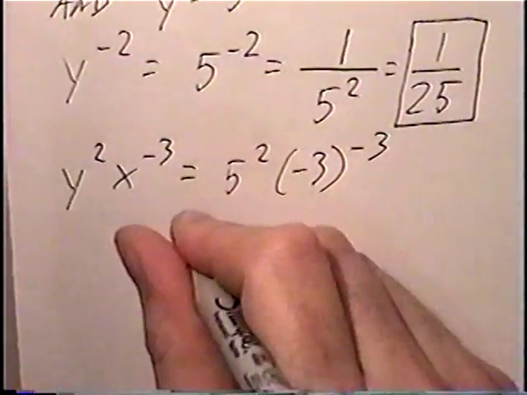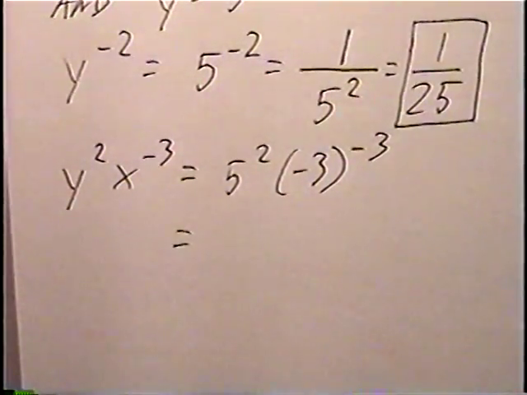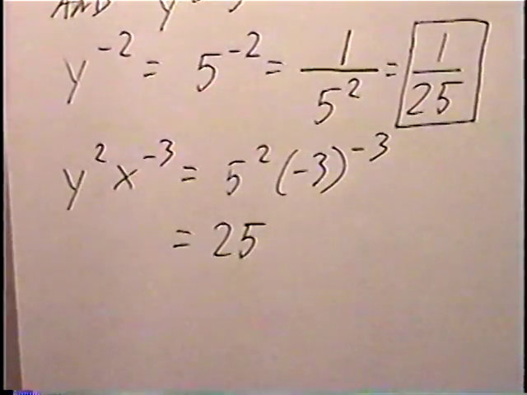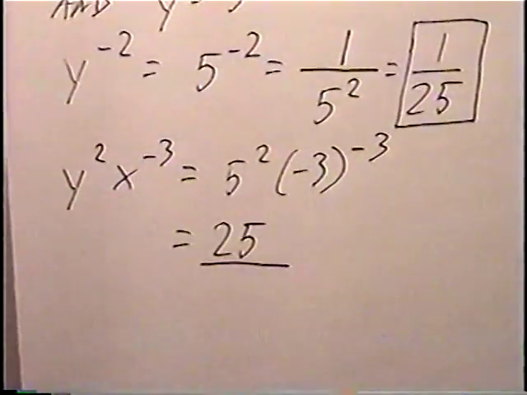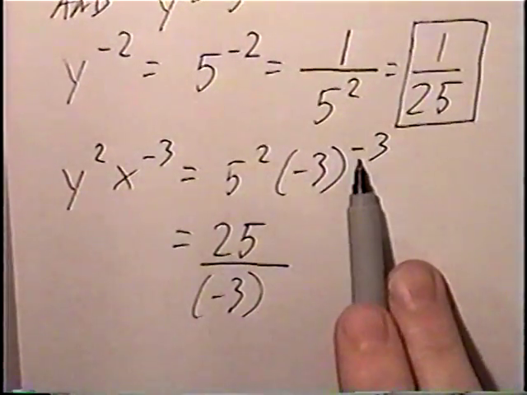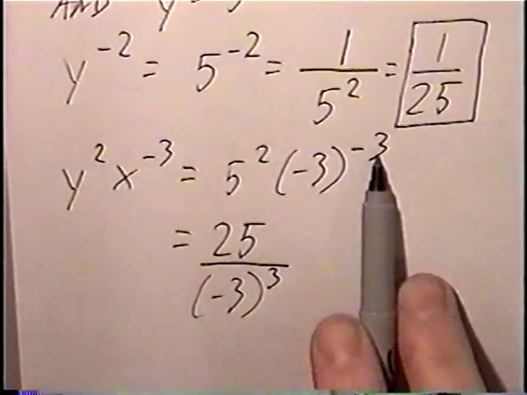Solving from here, 5 to the 2nd power would be 5 times itself 2 times, or 5 times 5, that'd be 25. And negative exponents again, we can make a fraction. The negative 3 we can write for the denominator, and when we change it, it'll change to a positive